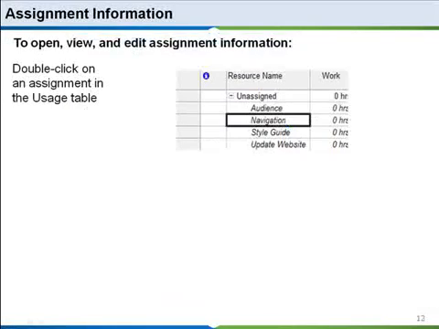Okay, next we're going to talk about assignment information. So now we're looking in our resource usage. Once again, you have to go to that view, whether you do it by the view menu or your view bar. So you would select the resource usage icon in the view bar or resource usage from the view menu. And of course, that will bring up your resource usage plan. And you would actually just click on a task. In this case, you can see I have several unassigned tasks. So I would just double click on my navigation task,